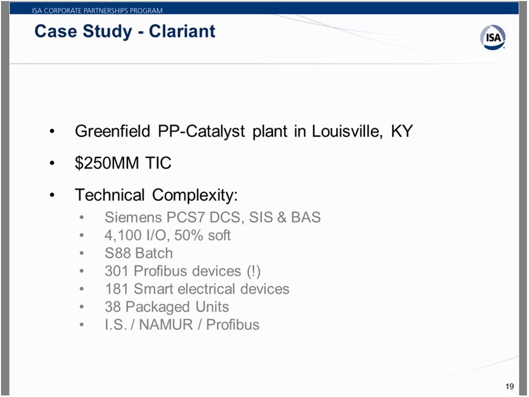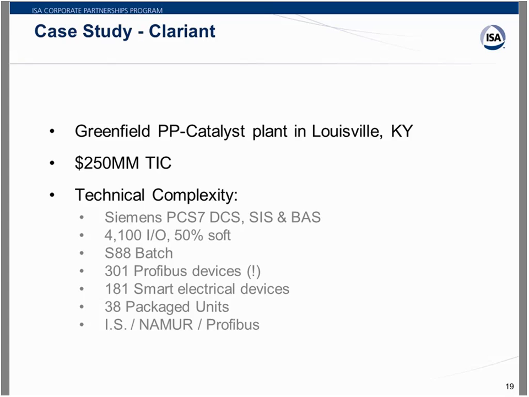And that's really a trend I think we're all seeing in the industry, that field devices have more and more intelligence embedded. But to take advantage of that intelligence, they need to be configured in a coherent fashion and integrated in with the rest of the control system. And that was certainly the case here. Of those 301 Profibus devices,